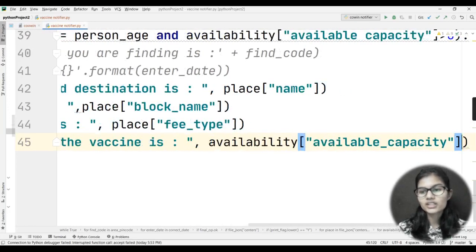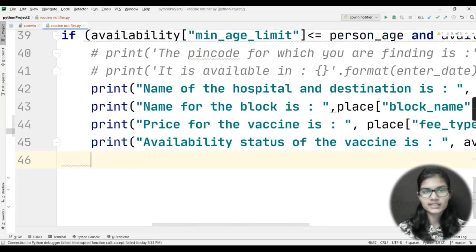Now this will not tell the name of the vaccine, it will tell how many total vaccines are available here.